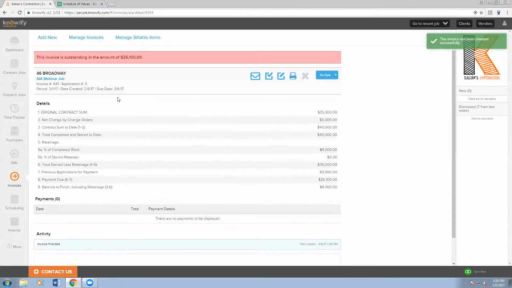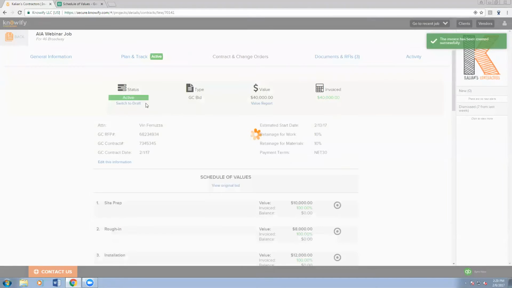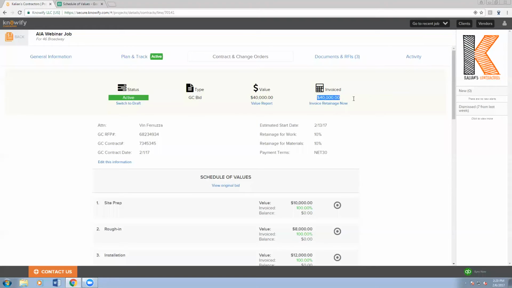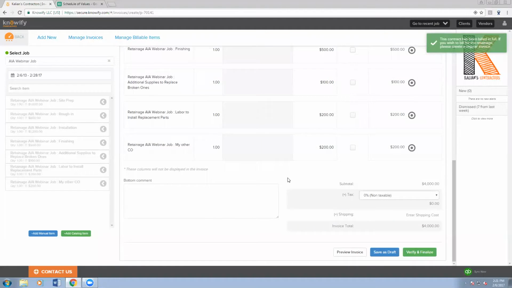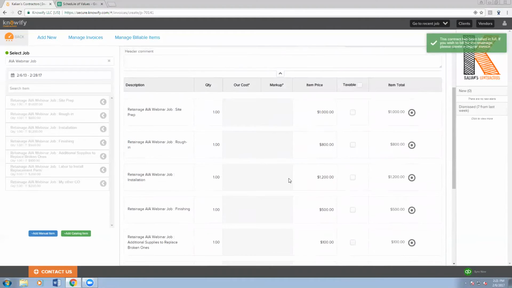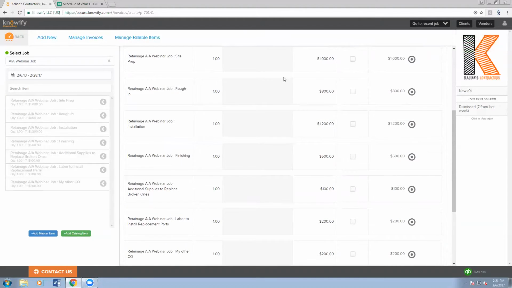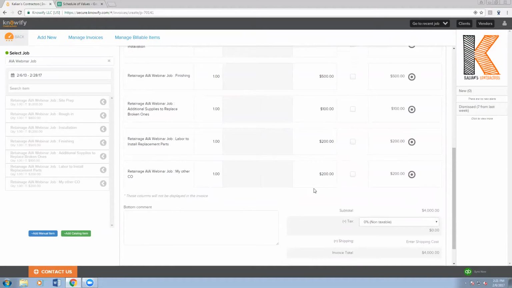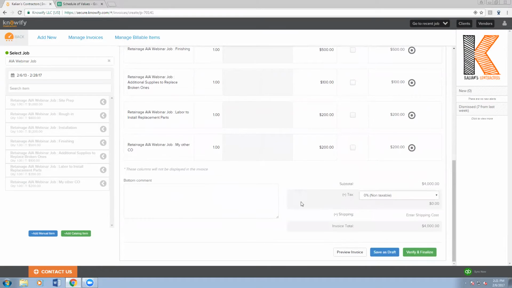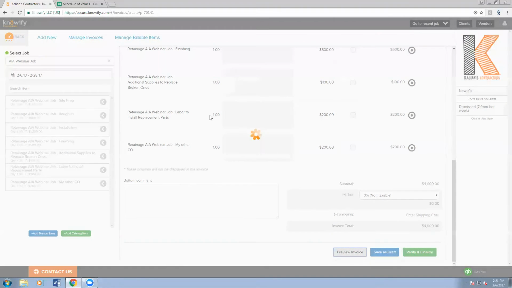And now this job is technically 100% billed. So when I come back to this project, I can see $40,000, the full contract value, it's been invoiced. But obviously, I still need to invoice my client for the retainage, and so that's why this button now reads Invoice Retainage Now. If I click here, it knows that it no longer needs to do AIA documents, and it's going to put together our standard Knowify invoice, and it's going to just be pulling in the value that's been retained from every line that I've invoiced so far,